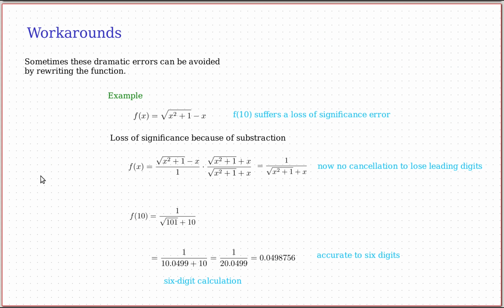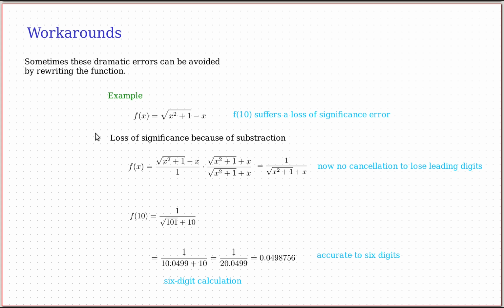Now, sometimes there are workarounds for these loss of significance errors, and also for the overflow and underflow errors. Workarounds sometimes consist in simply rewriting the function in a different form so that the problematic aspects don't arise. For example, consider that function we looked at earlier when we had the loss of significance error. f of x equals square root of x squared plus 1 minus x, and we looked at the case when